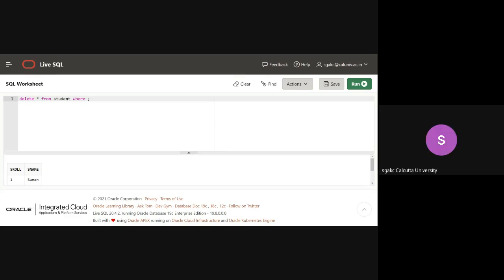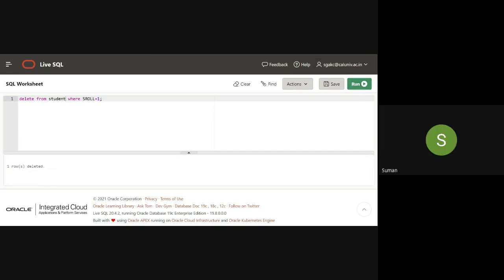So you should be very, very careful whenever you are using this delete statement. Now let's say I do roll equal to 1. Again I have missed that. Sorry, it should not be delete star, it is delete from student. 1 row deleted.